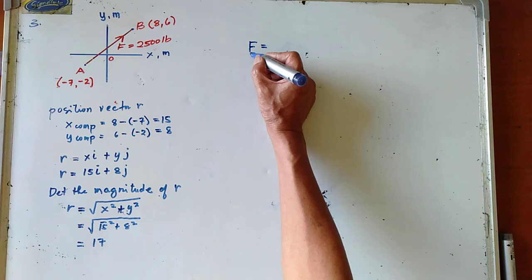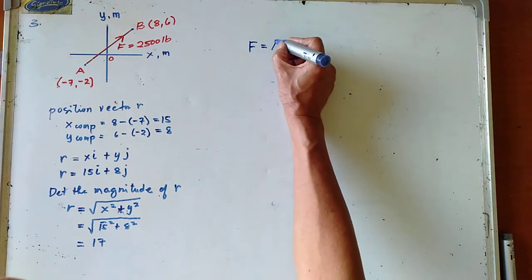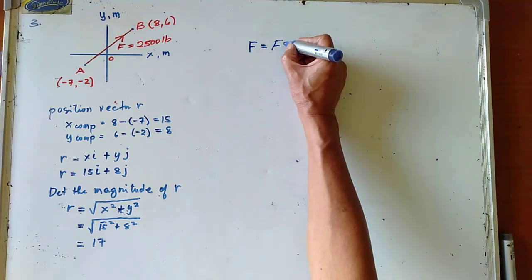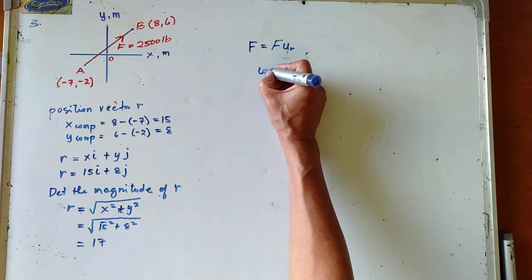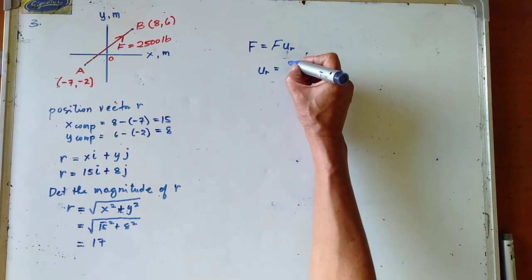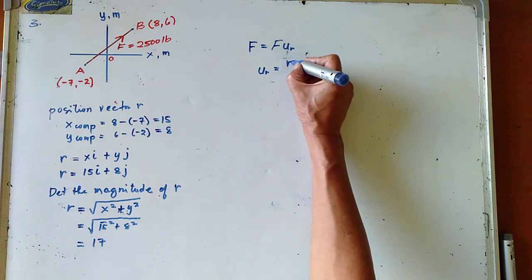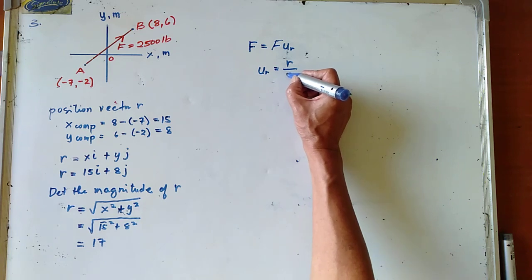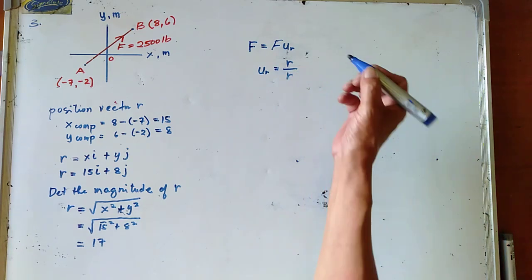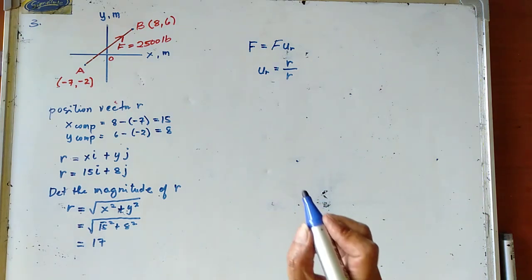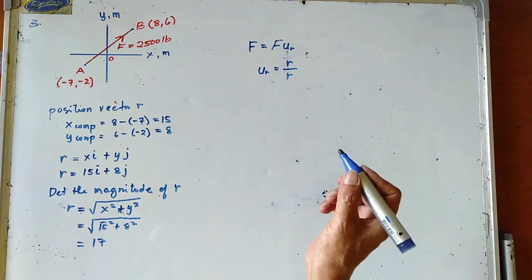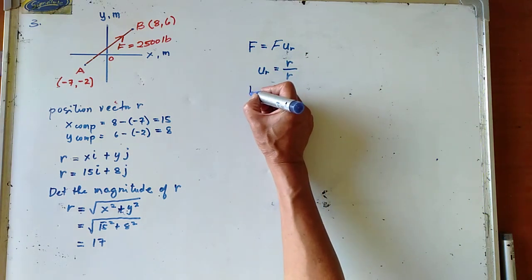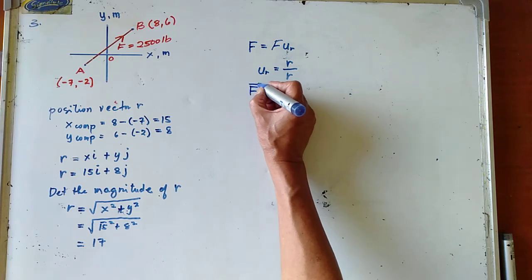So your vector in Cartesian form is equal to the magnitude of the force multiplied by a unit vector r. Recall that a unit vector r is equal to the position vector r all over its magnitude, written r, not in boldface. That is the definition of a unit vector. So the force in its Cartesian form